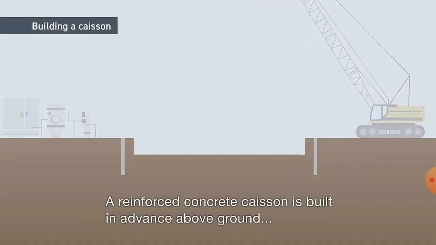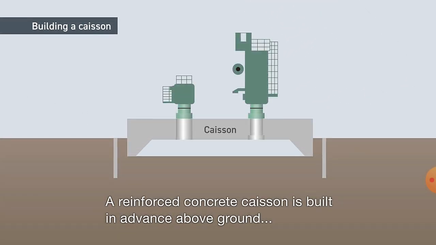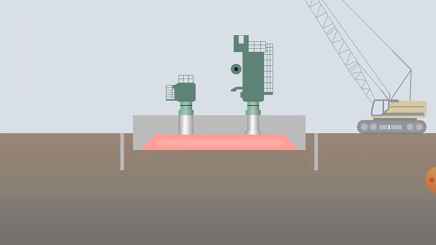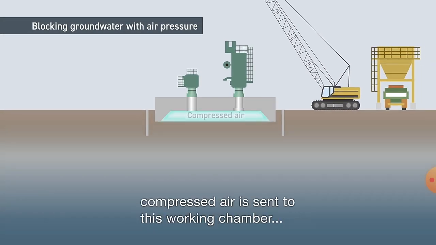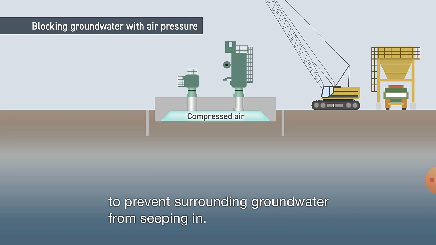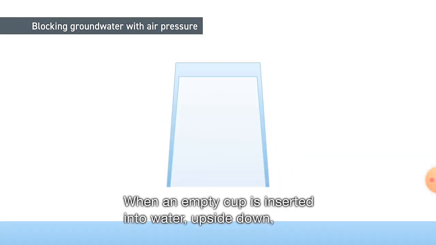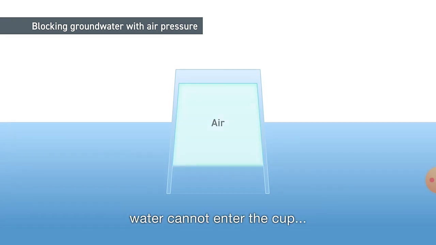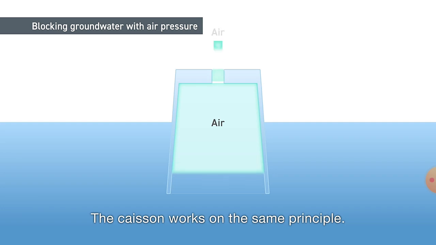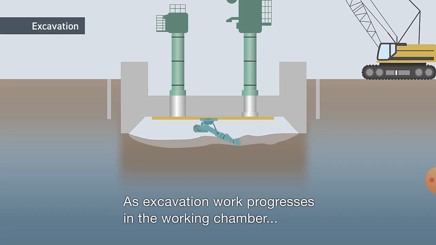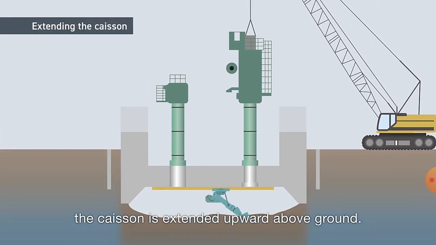So here, first we excavate some of the area, and then the working chamber is fixed. After the working chamber is fixed, a cutting edge is required at the bottom, and due to compressed air we remove the inside water and also some of the material. This methodology works like when we put one cup or one glass in water.